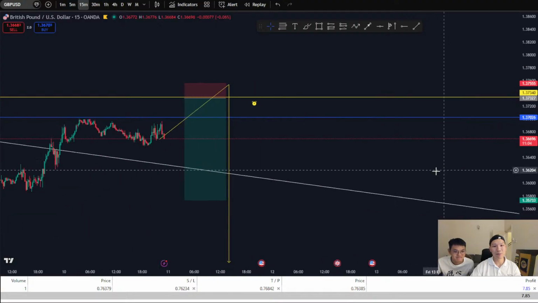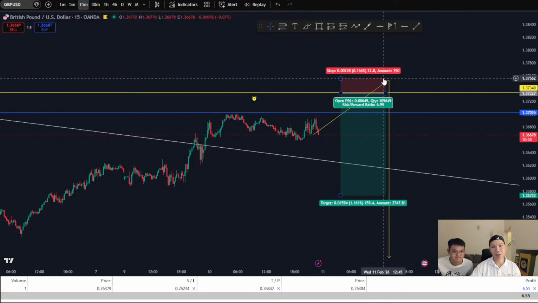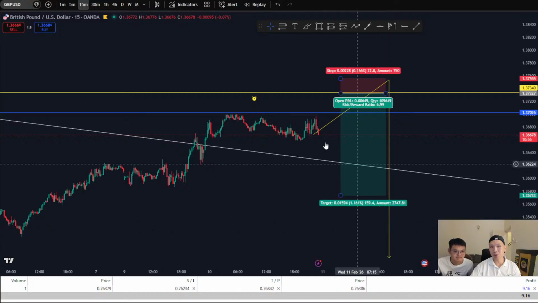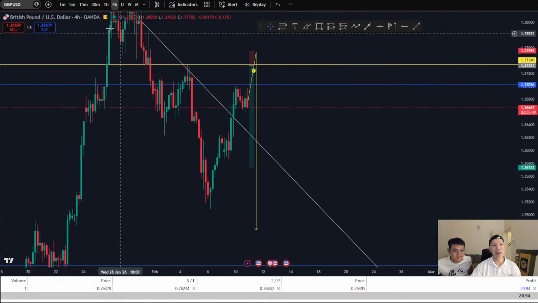This one also I place an alert right here. So it goes up here, and I expected it to really go back down because the structure for GBP/USD is very good. If you take a look at the daily chart,